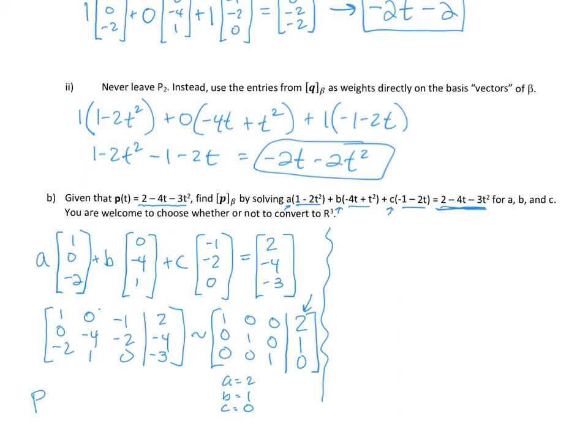So my coordinate vector P with respect to the basis beta is 2, 1, 0. That's a vector that holds the weights to put on the basis that will build P. So that's how you would do it using the tools that we've developed in this course. Converting to R3 makes it fairly straightforward. If we wanted to stay in P2, I would just be solving